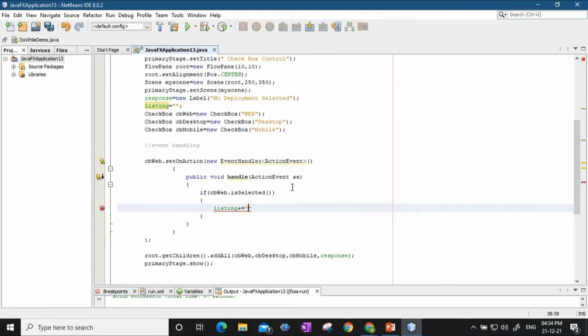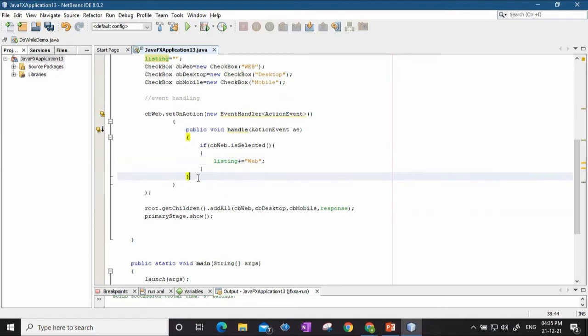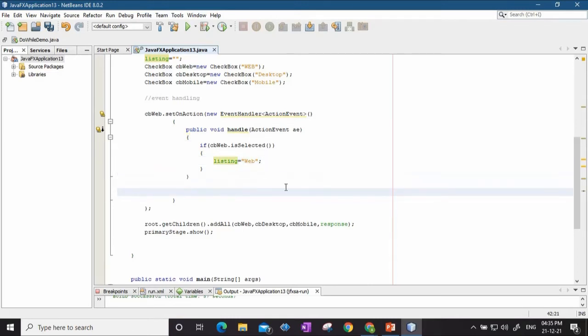What is that element? Web. Initially it will be listing equal to web. Then I'll write this further.